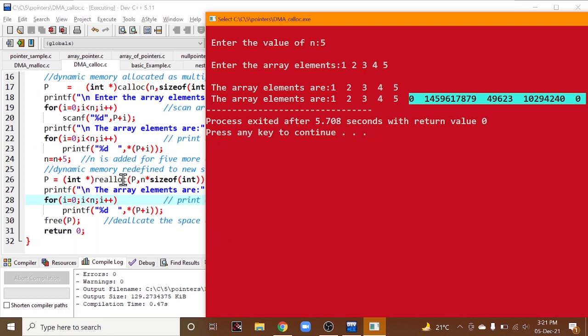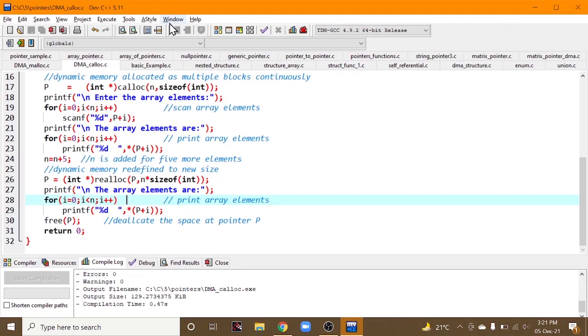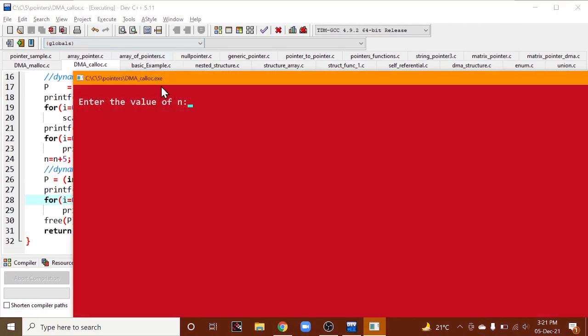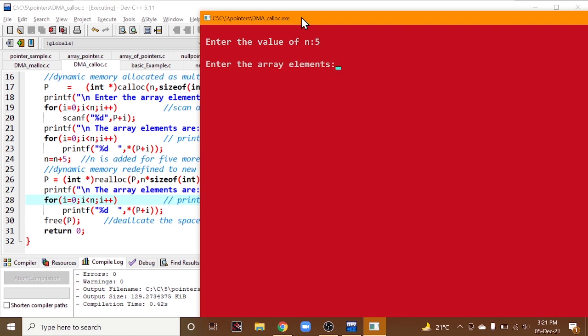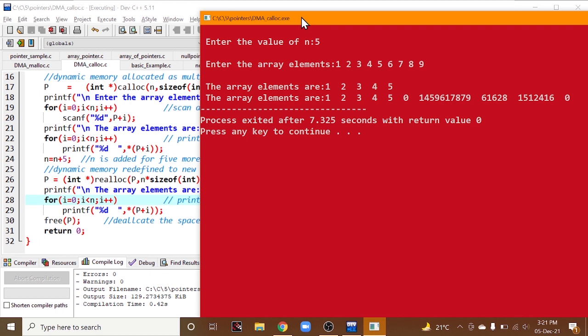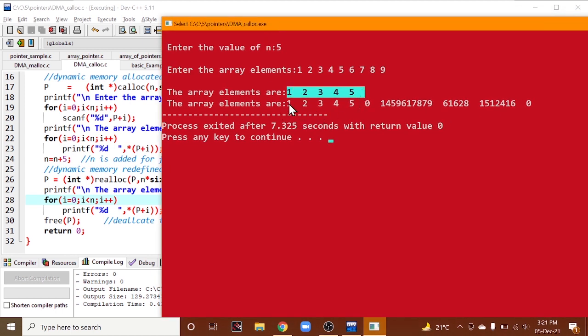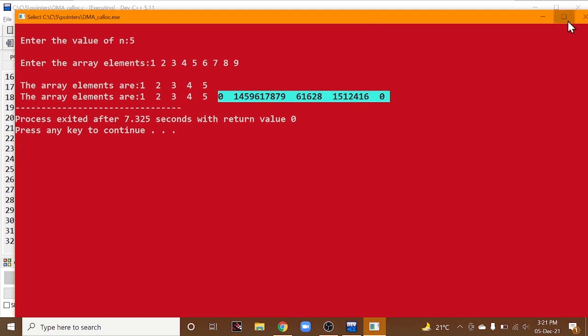And using the realloc function, we are giving extra size to our array. Here the unique addresses are being displayed, right? Let us say we give the size to be 5: 1, 2, 3, 4, 5, 6, 7, 8, 9. You can check 1, 2, 3, 4, 5 and the size is still 5 itself. So all these other elements will not be considered, only the first 5 and the remaining space for the remaining elements.